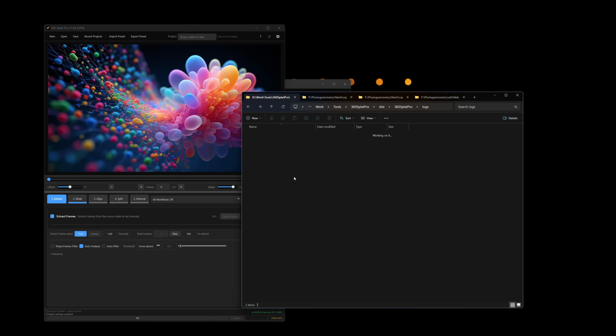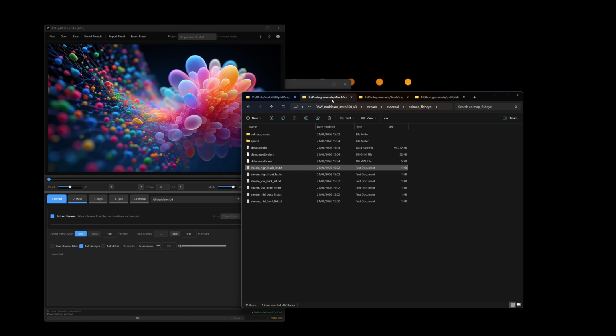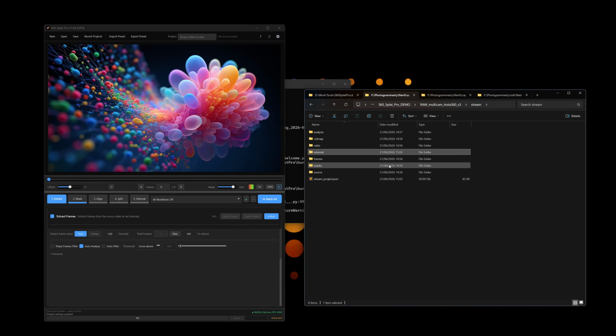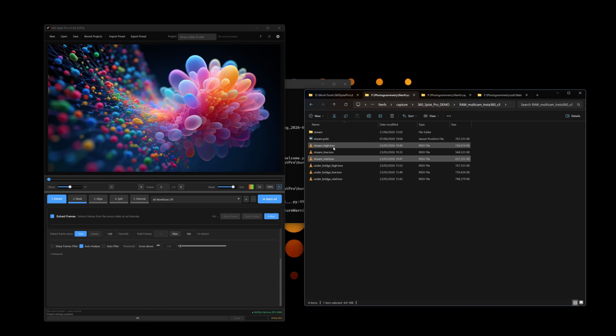Logs are being saved in here. What I'll do is go to a quick explanation of multicam and what you'll get. In this particular one, I've got two captures and I've named them after the heights that I did the captures at. And this is for 3 raw files. So if I drop this on,